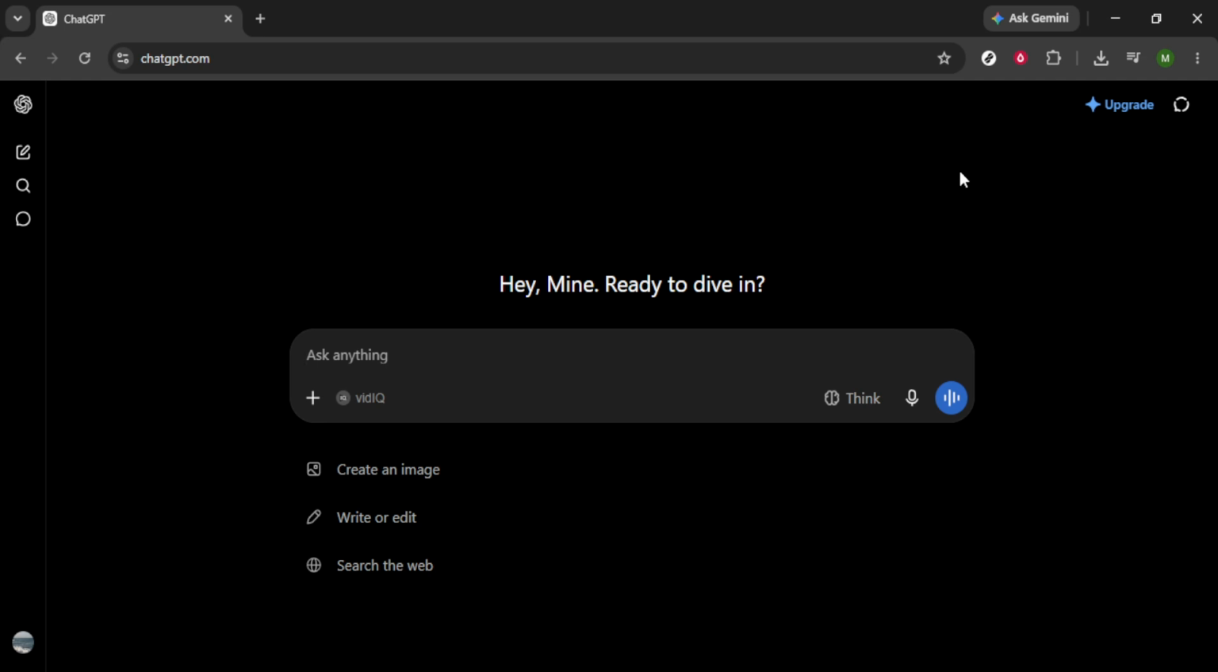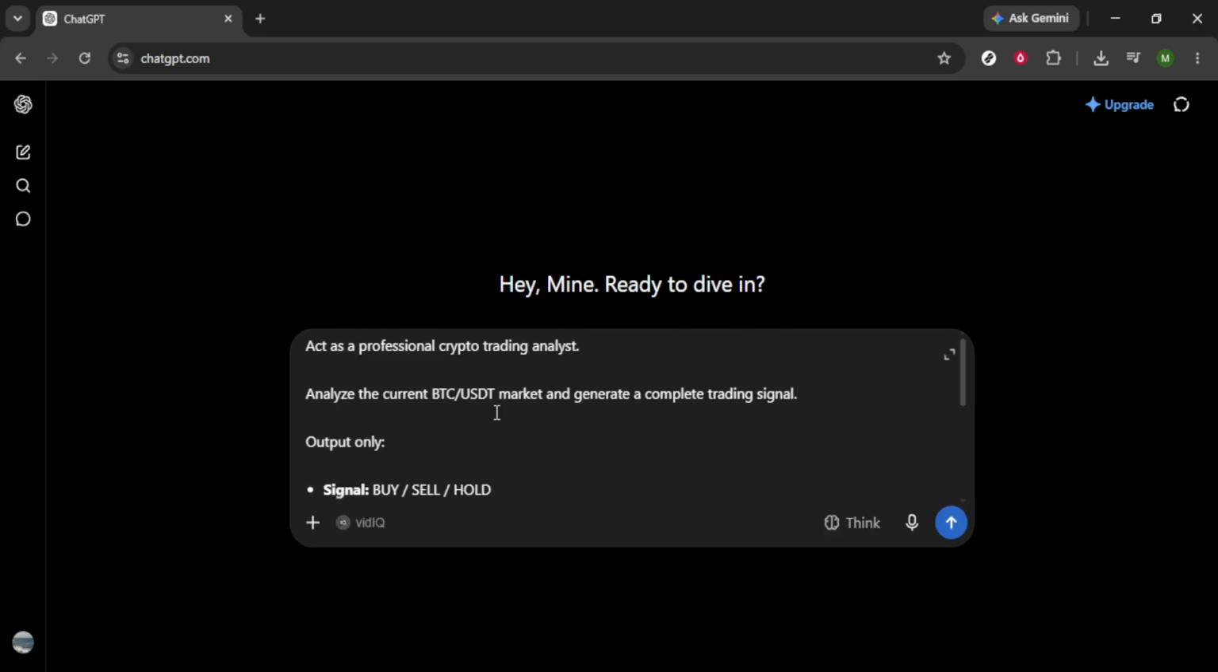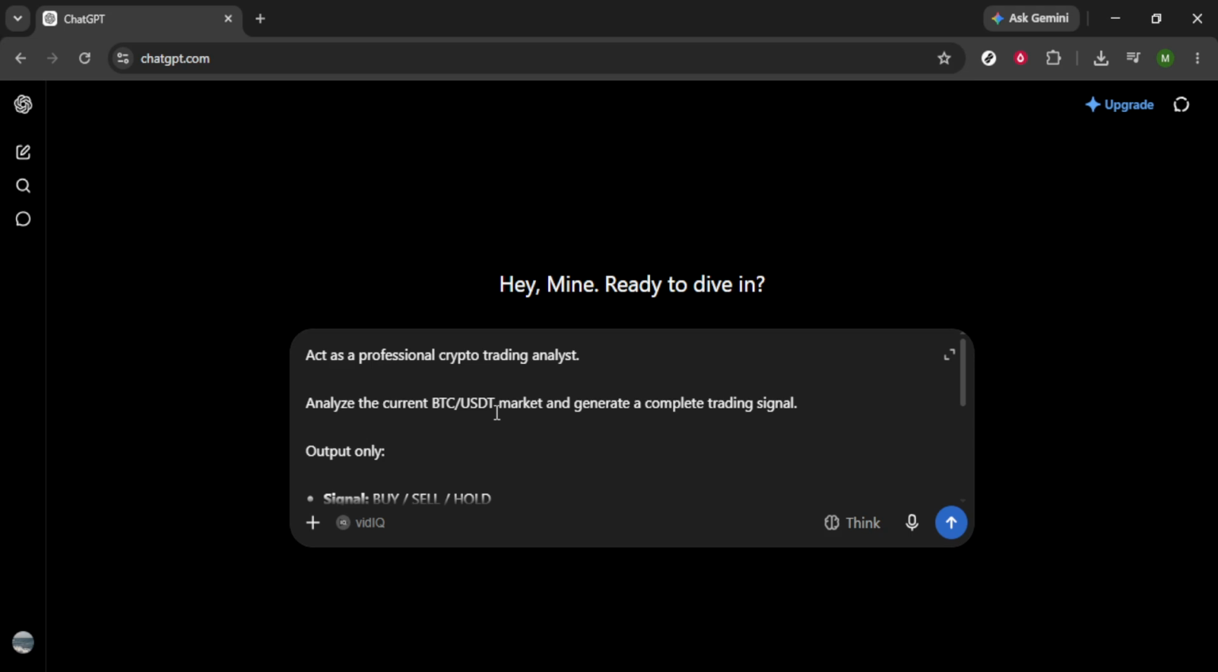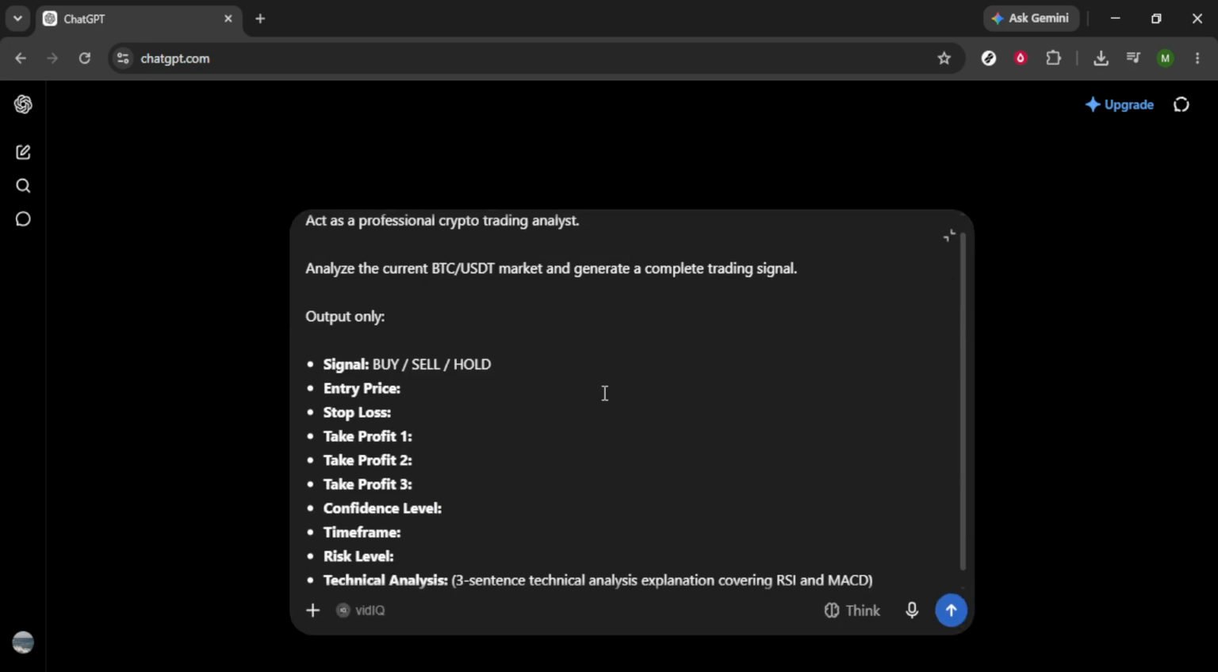Now, instead of just typing in a basic question, I'm going to use a very structured and professional prompt that's designed specifically for cryptocurrency analysis. This is crucial because a well-crafted prompt will lead to more accurate and detailed responses from the AI. So what does this prompt look like? Essentially, I instruct ChatGPT to act as a professional crypto trading analyst. I want it to evaluate the current market data for BTC against USDT and then output a comprehensive, actionable trading